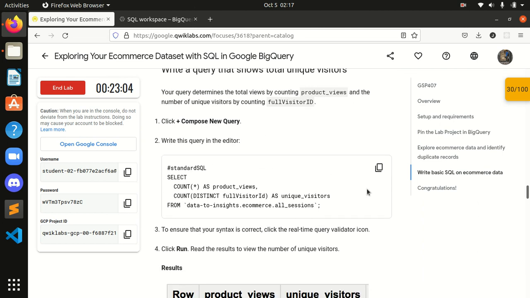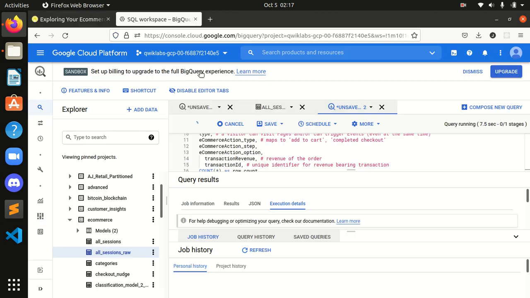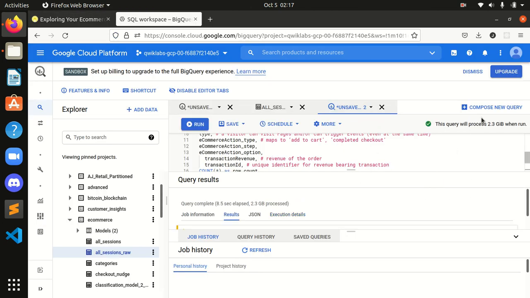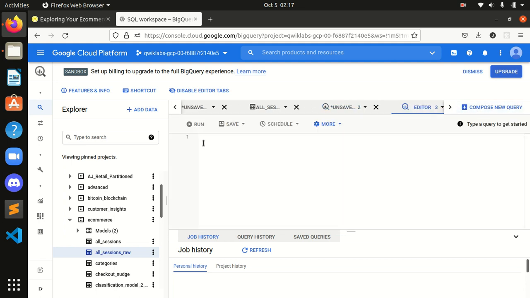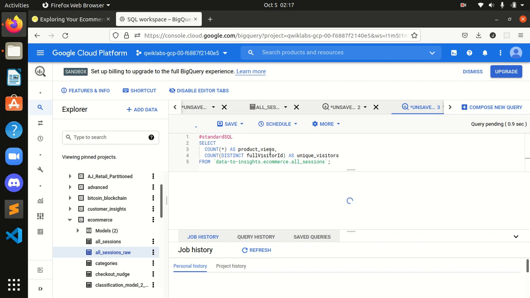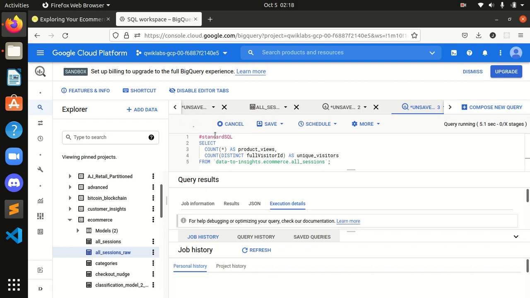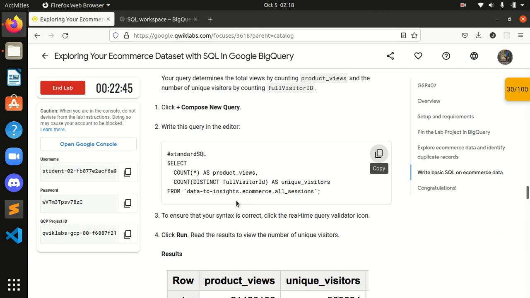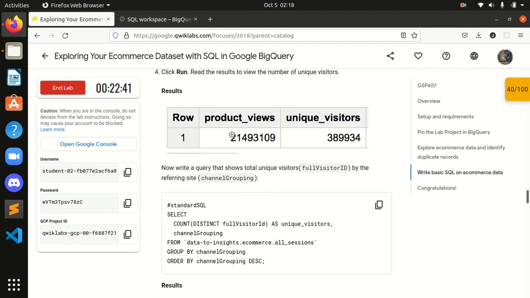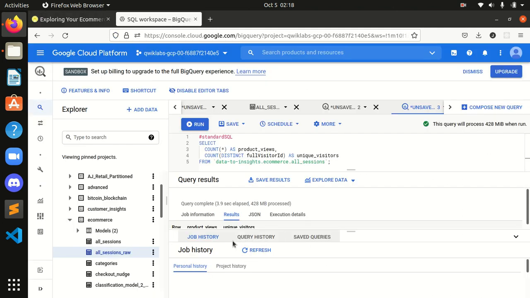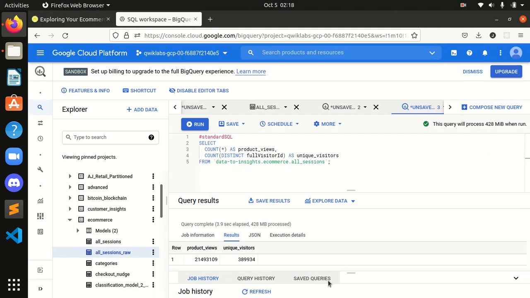First of all, let this query complete. I will compose a new query again. Composing a new query is better because sometimes it may get messed up if you delete something. Now we can see the results over here in the results section, guys.